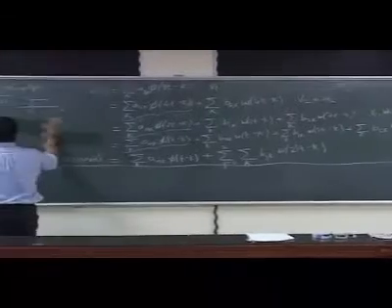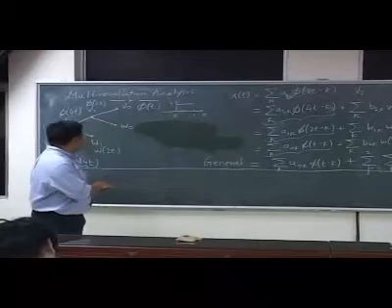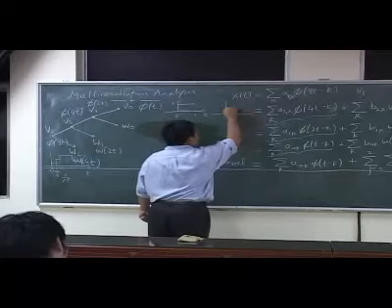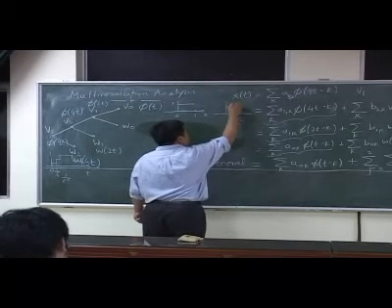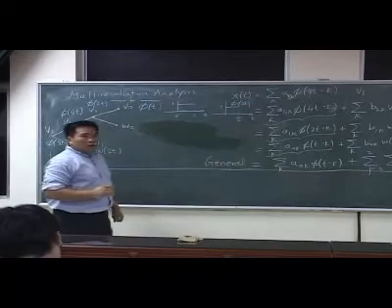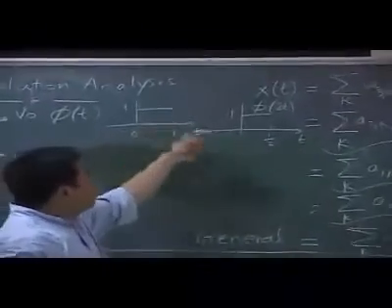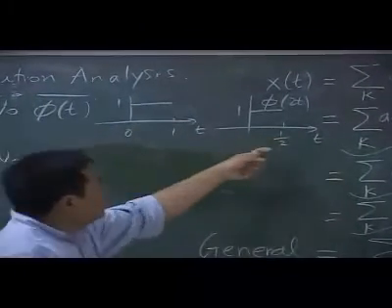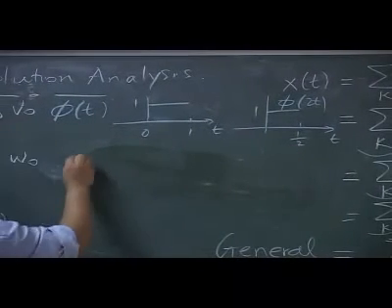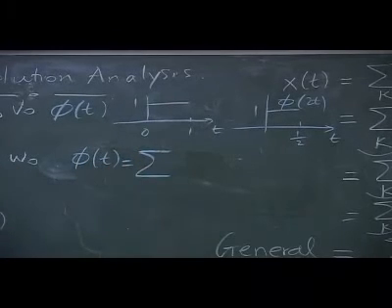Now, if we compare phi of t, which is the basis function in V0, and phi of 2t, which is the basis function in V1, we know that I can combine this to get that. Or I may combine this to get that. So I know that V0 is in V1. So I can write phi of t